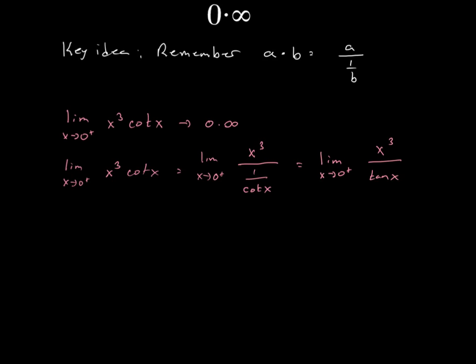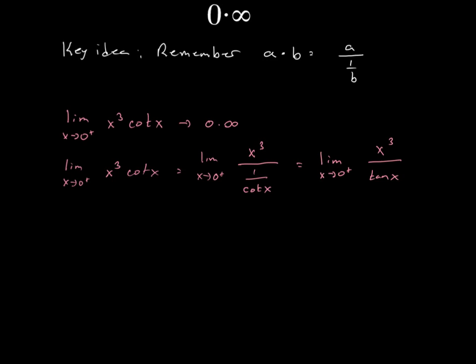In this case, what I have is the limit as x approaches 0 from the right of x cubed cotangent of x. Now we're using 0 from the right because cotangent has a vertical asymptote at 0. Since we're coming from the right, cotangent is positive, and so we're going to get 0 times infinity. So that gives me the limit as x approaches 0 from the right of x cubed over cotangent of x. By this property up here, that will be the same as the limit as x approaches 0 from the right of x cubed over 1 over the cotangent of x,